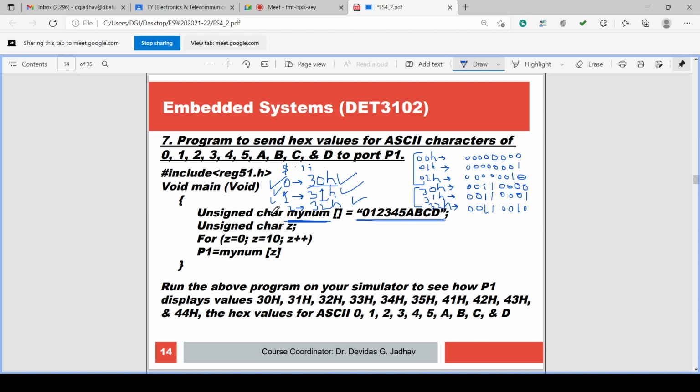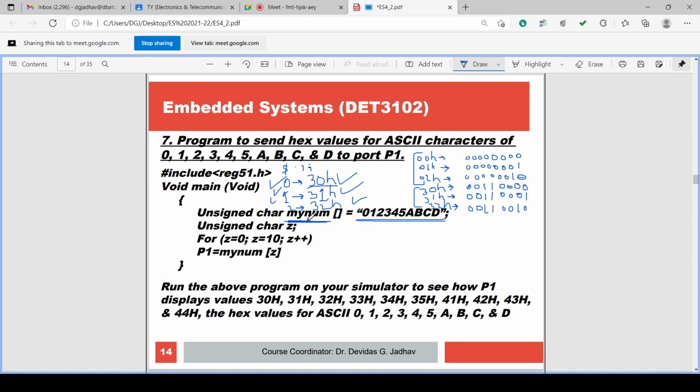So square bracket indicates the array. This is the way we declare an array type variable. So mynum is the name of the array, any name you can give for an array variable.